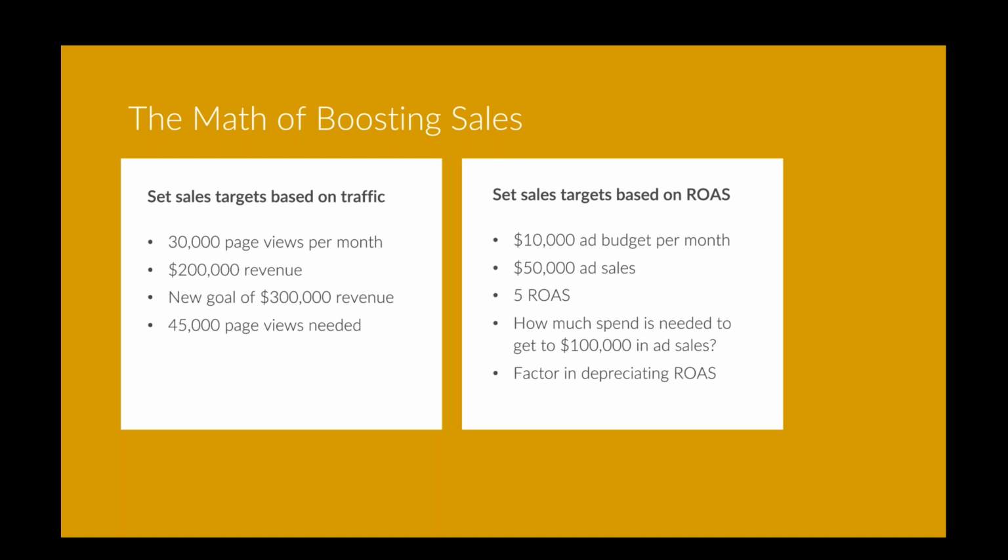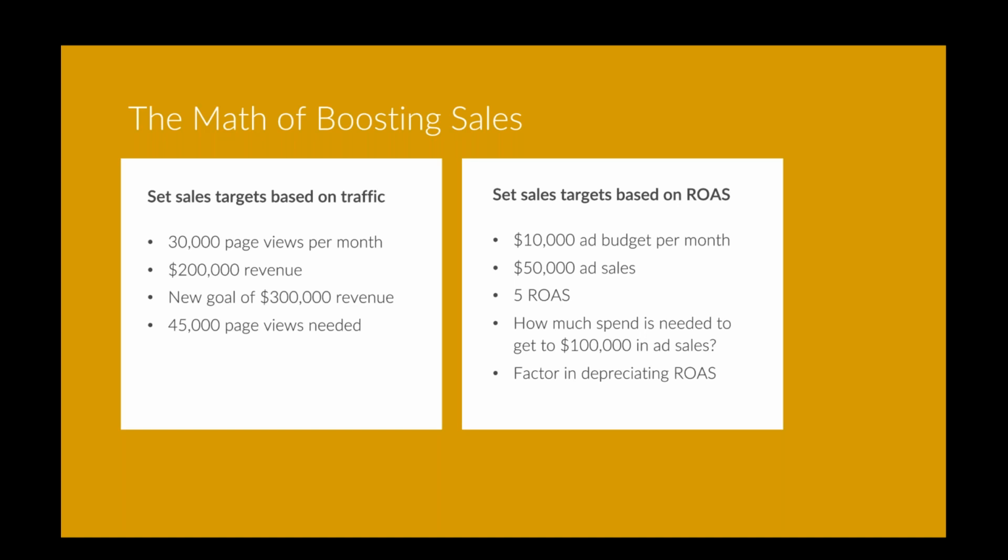So in this case, if you knew that your pages receive 30,000 views on a monthly basis and generate 200K in revenue, and your goal is to get to 300K in revenue, a way to work towards that goal would be working towards 4,500 page views. You could be checking that, and that won't necessarily equal the same, but it will get you closer. It can be impacted by several other things, but that's why it's also important to take into account marketing, which Jeremy can speak to here.